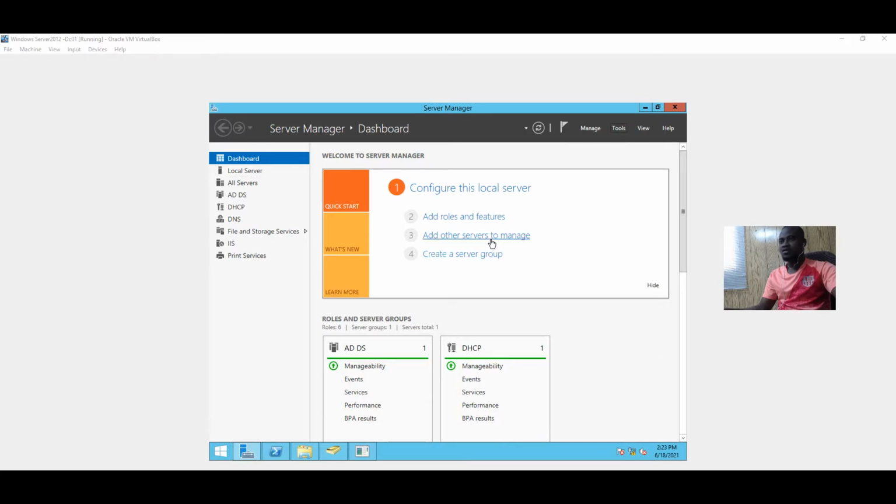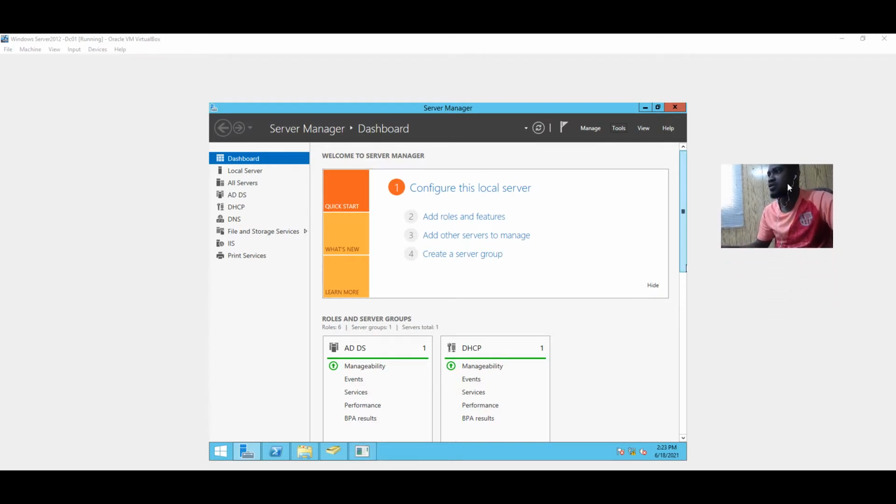We have done merge configuration, we have done our ADs. The recent one was DHCP, how to use the DHCP. So today we are going to see how to use the share folders. The share folder helps us share common documents in the network domain, and it helps us do